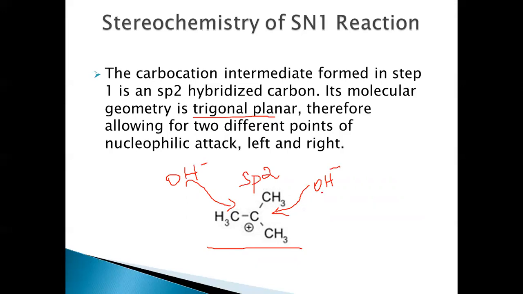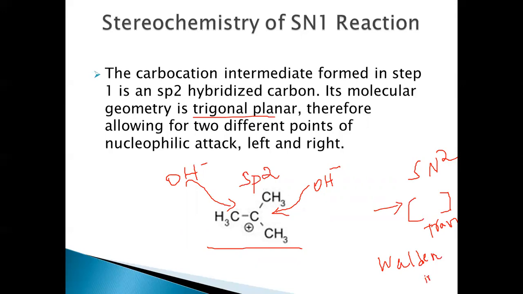So if you take an optically active alkyl halide as a starting product, we can clearly see the attack, whether it is taking place from the front side or the back side. But in the SN2 reaction, the attack is clearly happening from the back side because it's a transition state. Transition state is formed, single step reaction. The attack is taking place from the back side, resulting in the Walden inversion here.